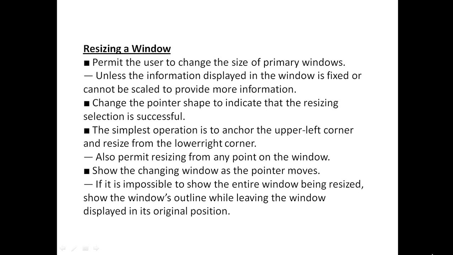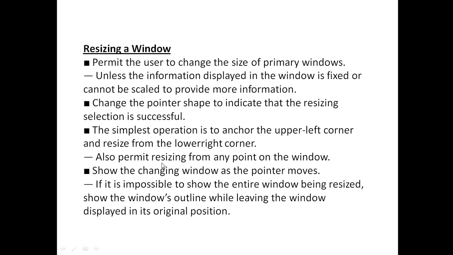Whenever you take your cursor to the bottom of your window screen, below the vertical scrolling bar, the icon immediately changes, and you can resize the window by moving the pointer from the lower right corner to the upper left corner here. According to the end user's need, you can resize the window here.